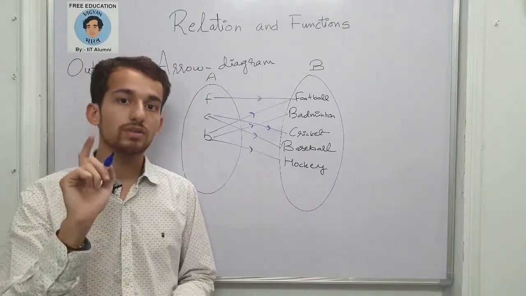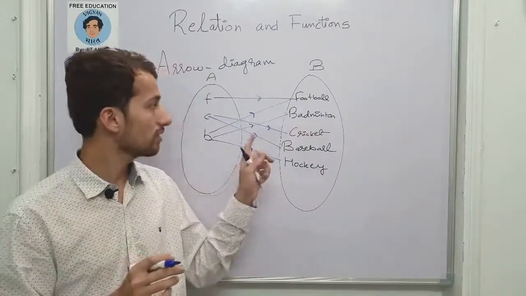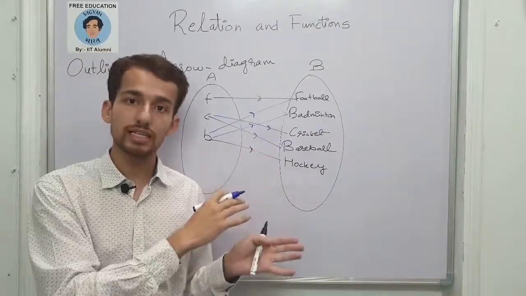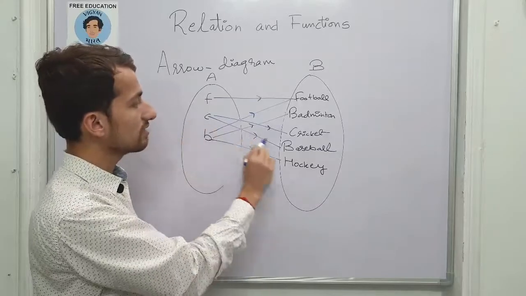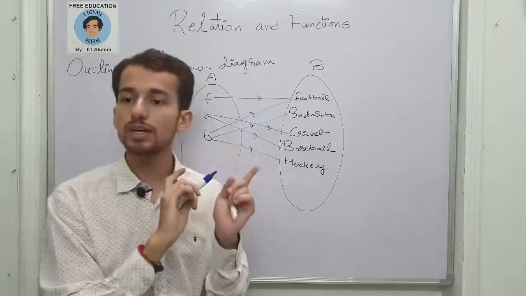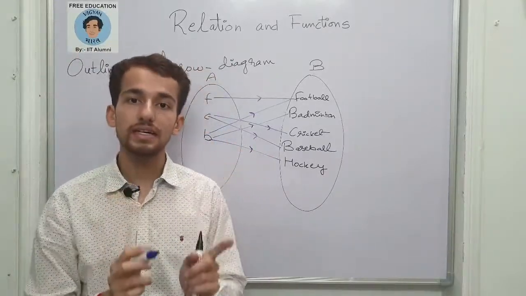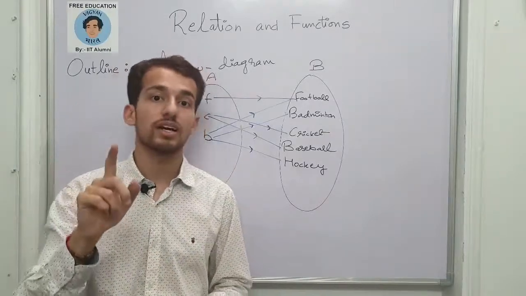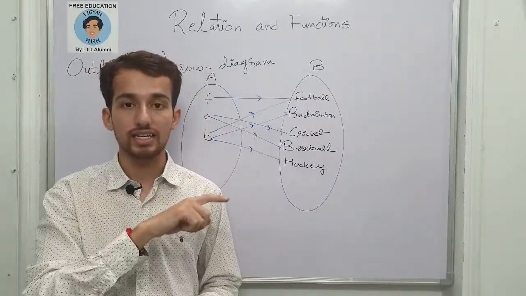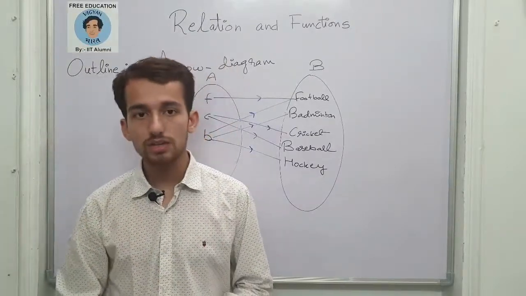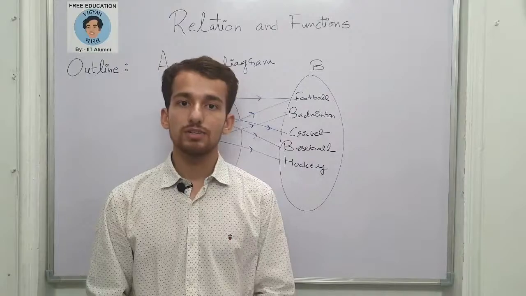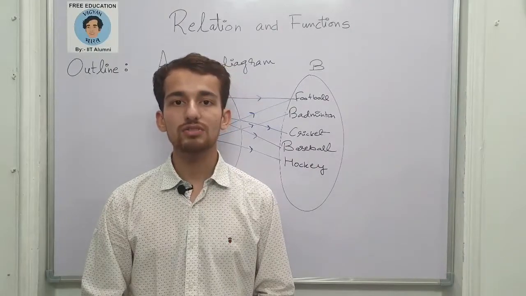So such a diagram when we got is called an arrow diagram. And just to make good clarity, the diagram which I made previously, when I hadn't joined my B with hockey and C with baseball, that particular diagram I made in context of the relation capital R which I was defining. So such a diagram is called an arrow diagram. Fine. So we have completed the outline of today's lecture,